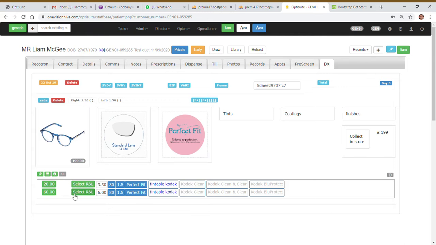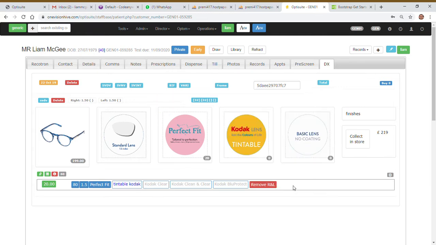You might want to walk through with them and say, how thin lenses, what lens do you think you want, what tints do you want, etc. That allows you to do that. And pressing that one there will hide the cost price so you can show the patient. So when I'm ready to select, I literally just click select and away we go. It put in